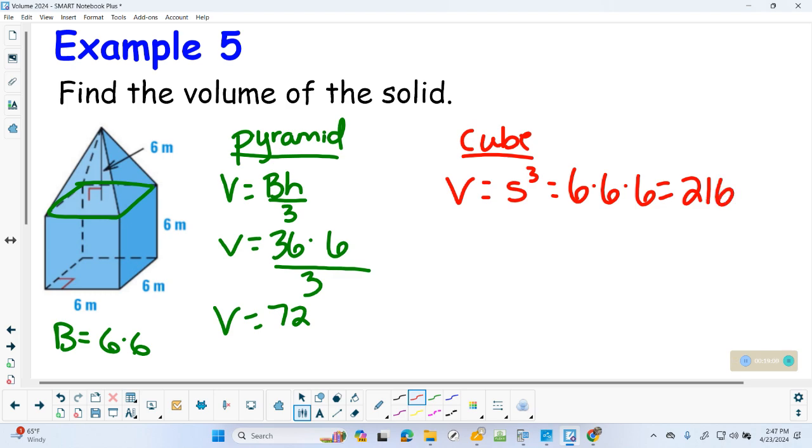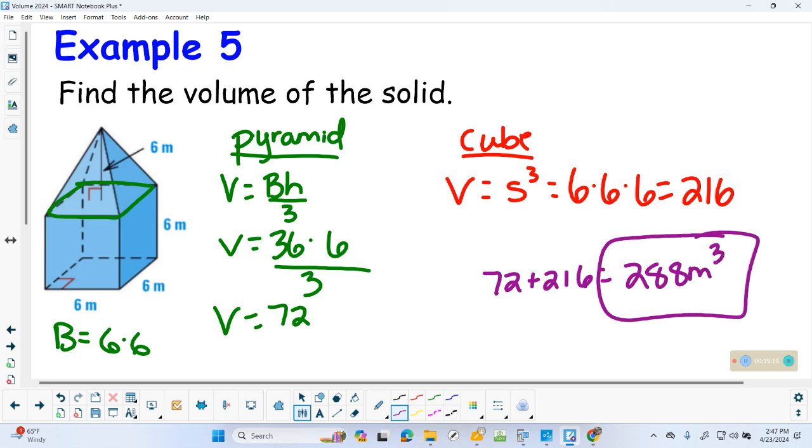Okay, overall volume, how much I can put in the pyramid up top combined with the cube. Final answer, what do you got to do? Addition. So what is 72 plus 216? And I'm just going to label. Got it. Any questions on that? Okay, so